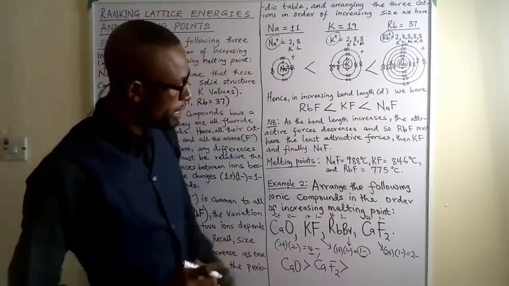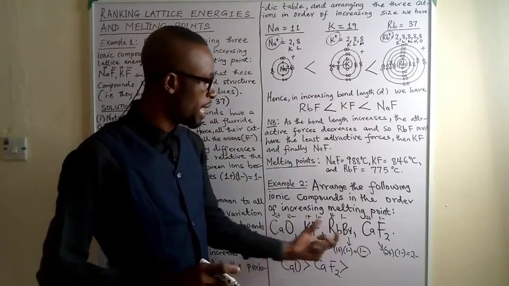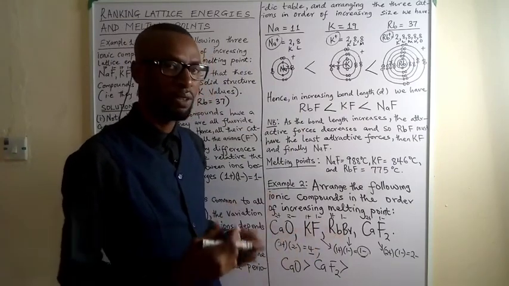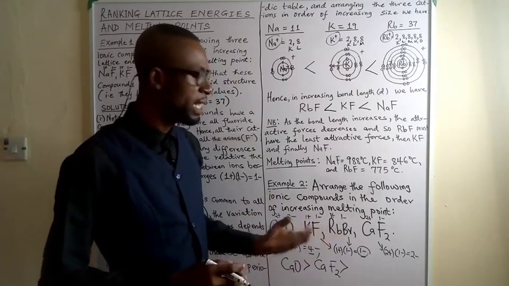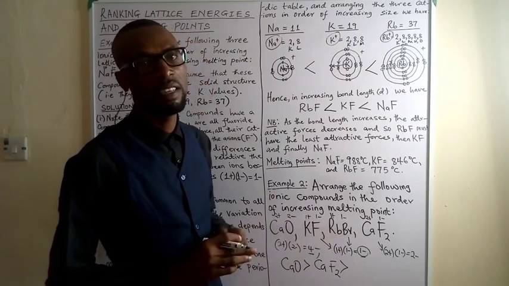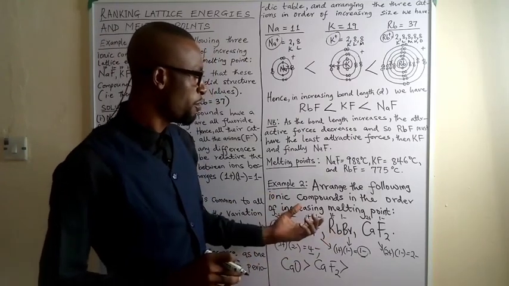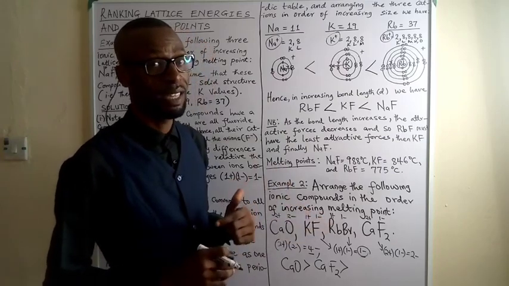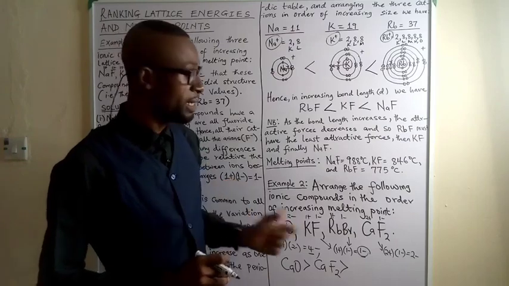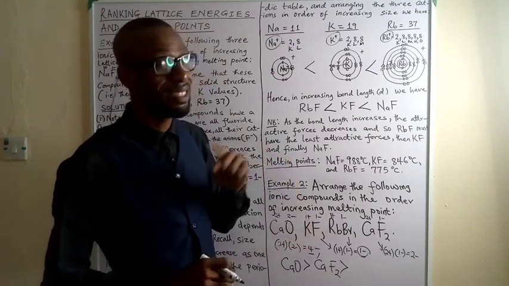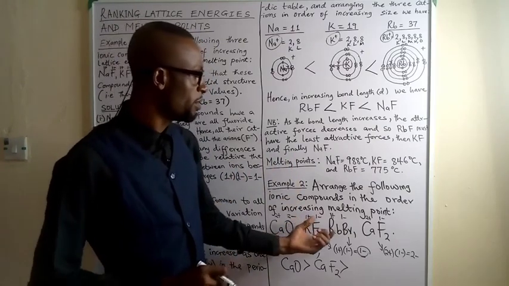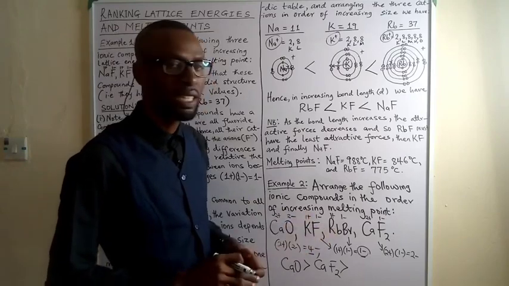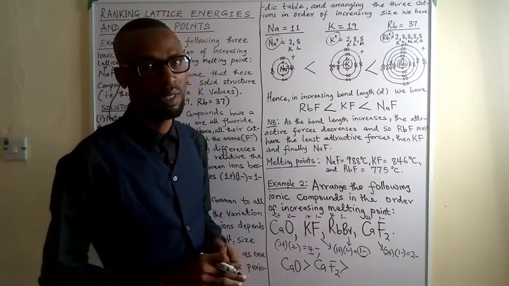Okay, now the problem is in these two. Since they have the same ionic strength, how do you differentiate their lattice energies? It's very, very key that we understand that. Therefore, it is not about increasing ionic strength now. Rather, it is about the difference in their ionic sizes. That's what we're going to use and check now.